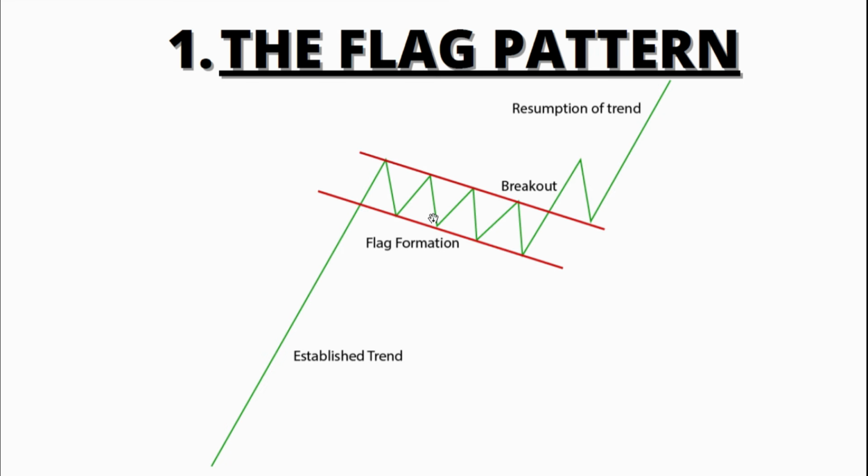But then there are many buyers, new buyers coming in, and that is why the price goes down, and then comes up because there are new buyers. The price is getting support from this lower trend line and getting resistance from this above trend line, because the buyers that bought here are selling over here. So they are selling the price, pushing the price down, but there are new buyers waiting for buying the stock.